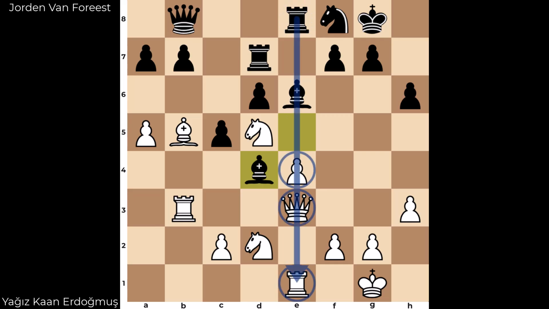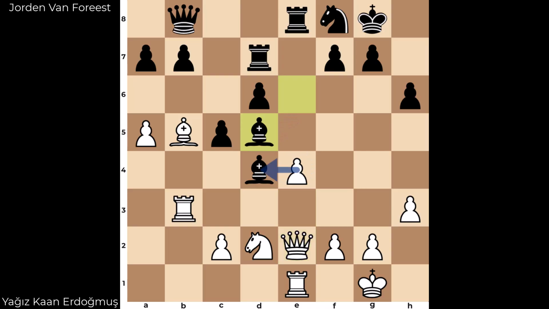There's a big pin on that e-pawn. Where do you go with the queen? If you play here, there's bishop takes knight. You can't take back here. Drop the queen. And if you go somewhere else with the queen, let's say D3, this rook is hanging, or